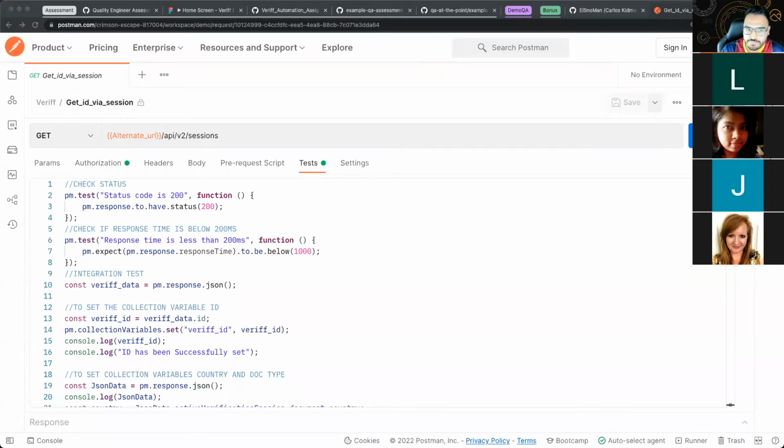Probably you could do it that way, but at some point you're going to want to move out of Postman into something more, a better programming language with a better framework. Okay. Yeah, I mean, I guess at that point it's really just